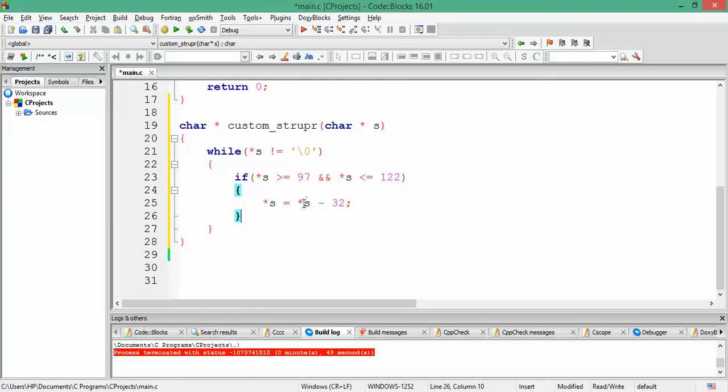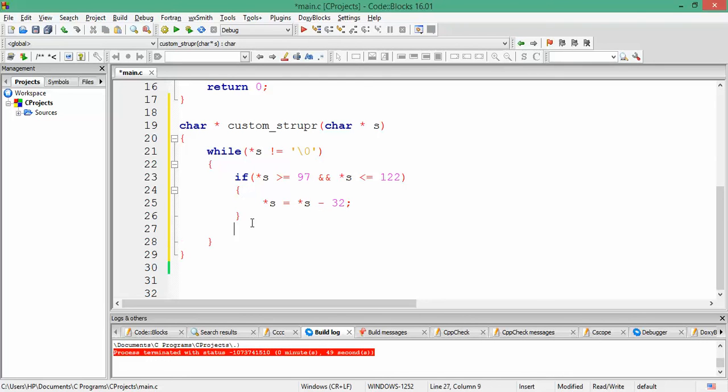It is converting a small letter into its capital letter version. If it is small a, then its value is 97. 97 minus 32 is 65, and 65 gets stored into the location pointed by s. So small a is effectively getting converted to capital A.